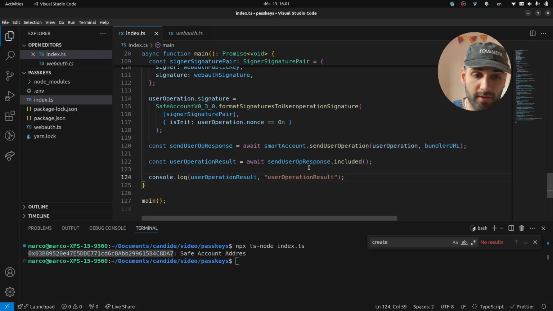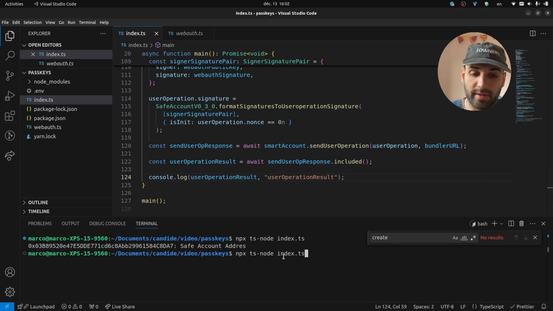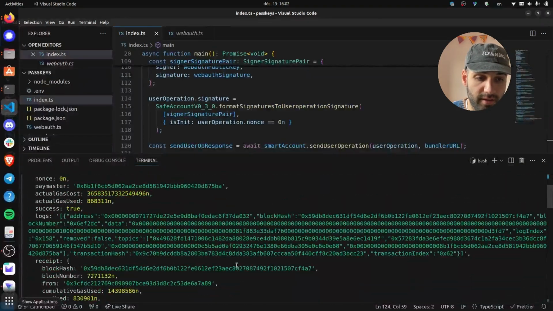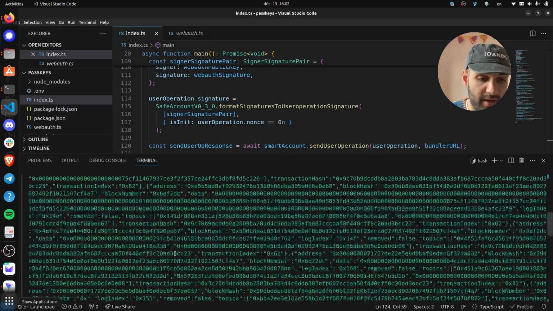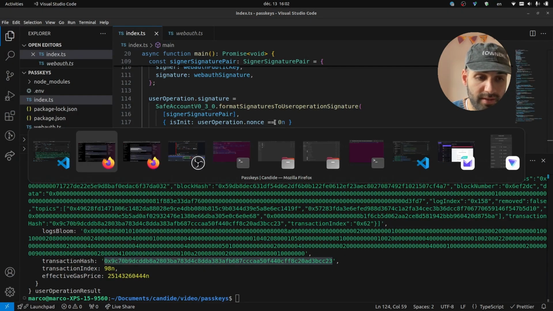This whole file essentially emulates what's going on with the WebAuthn and safe account, and it's secured by passkey. So let's run this example again. Cool, the transaction was submitted. We actually got a result and a full receipt here. We have the userOp hash, we have the entry point, we have a sender right here, and we should have also a transaction hash right here that we can copy,